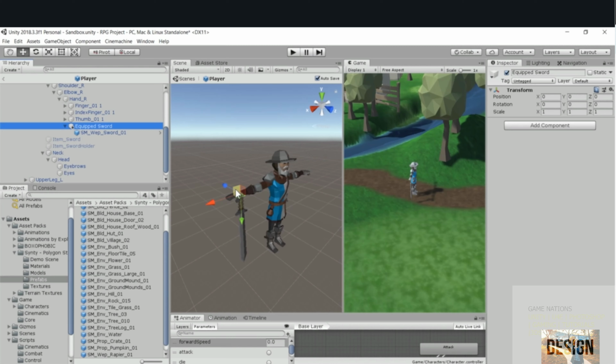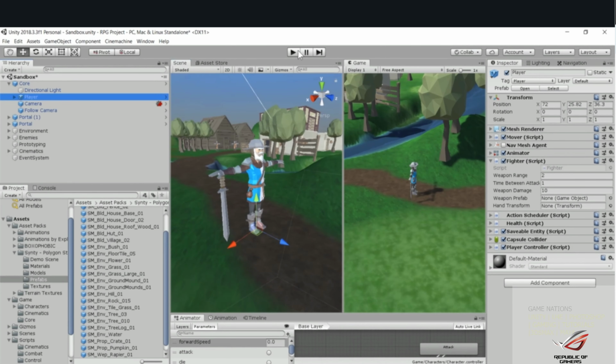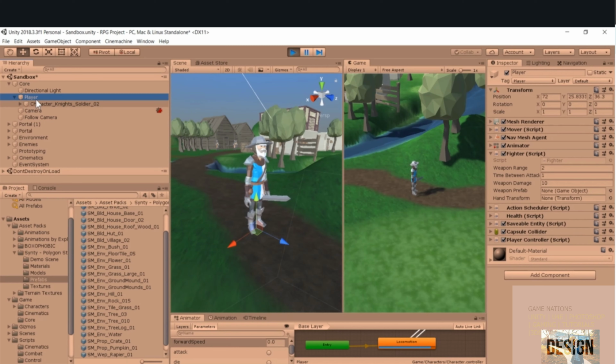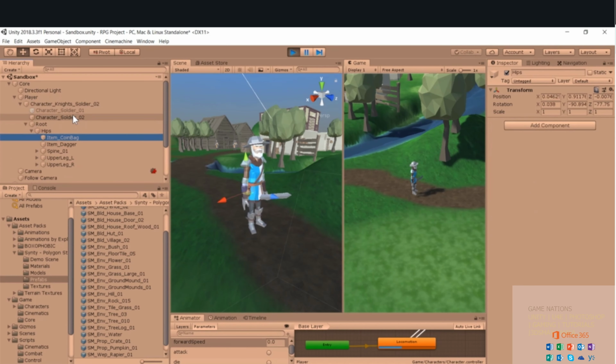You can see our indicator here, it's right under the hand. Now I can go in and monkey around with this sword to my heart's content knowing that it's going to follow around where the hand goes. And importantly, what I'm going to do is jump out of player, click on play, now go back into player, and at this point we're working on an instance of the player, not the prefab itself. So as I go and find where is the root,